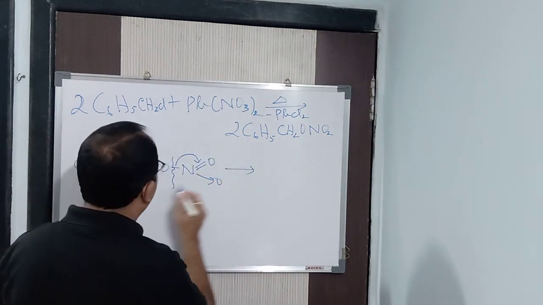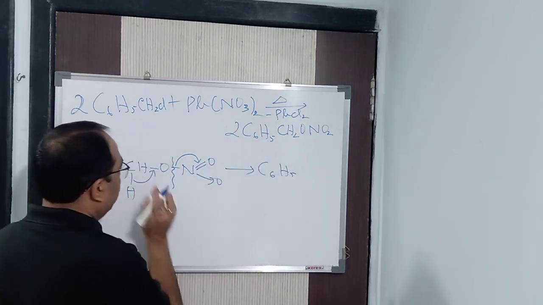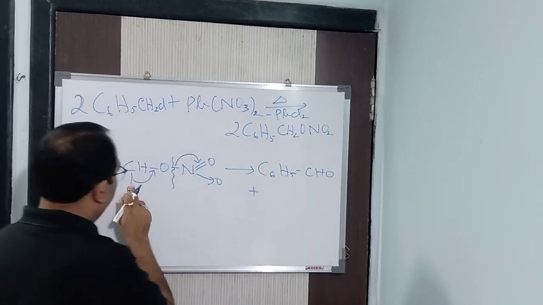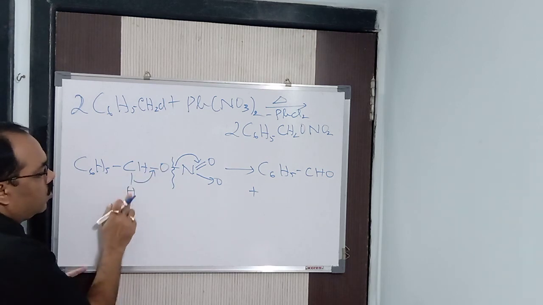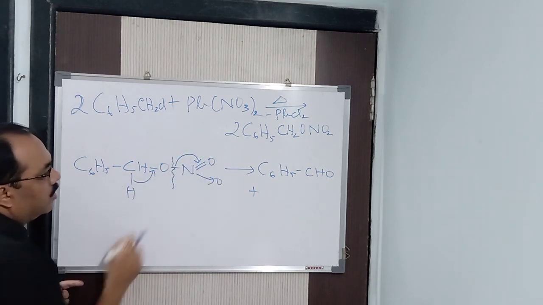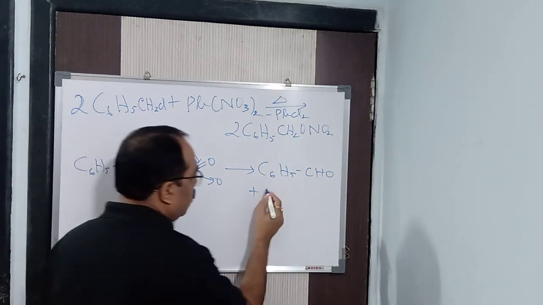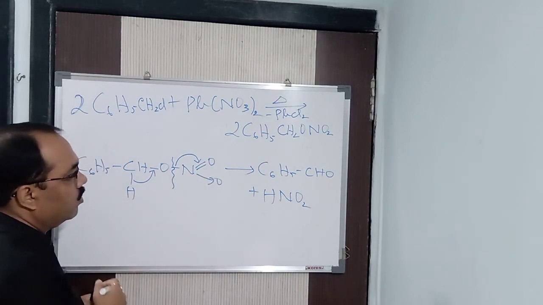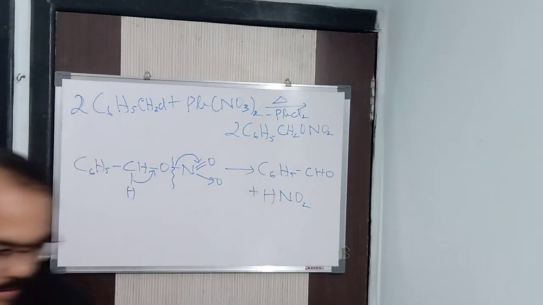Done. So now you got the product. This one I have written it here. See here how I have written it. So what you got? C6H5CHO. See here, H goes here. This pair of electrons goes here. So C6H5CHO, and this hydrogen reacts with this particular NO2 group. So what is going to form? Simple, HNO2. This is NO2 and this is H. So it is going to form HNO2, and ultimately we got benzaldehyde. Okay, thank you.